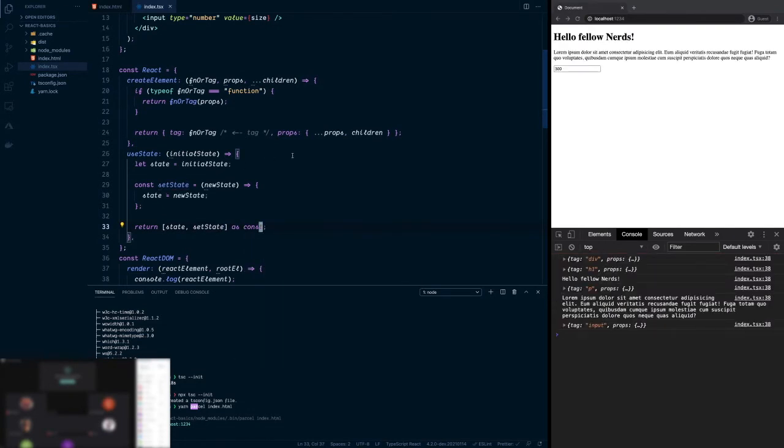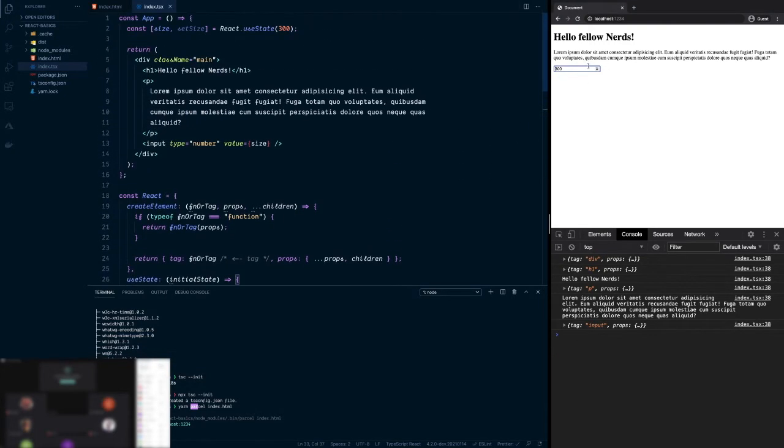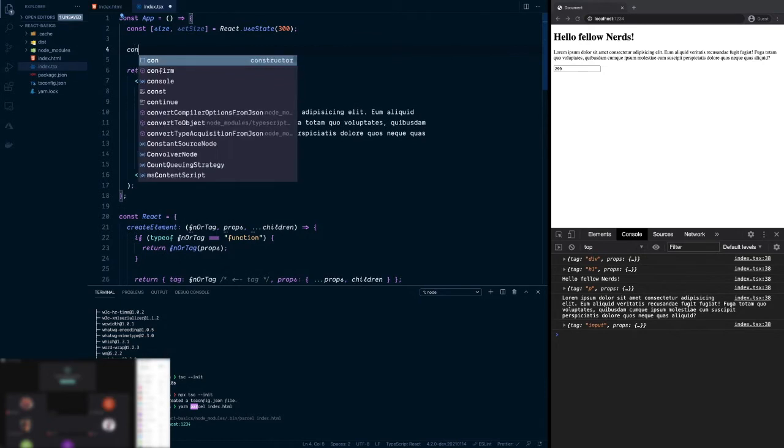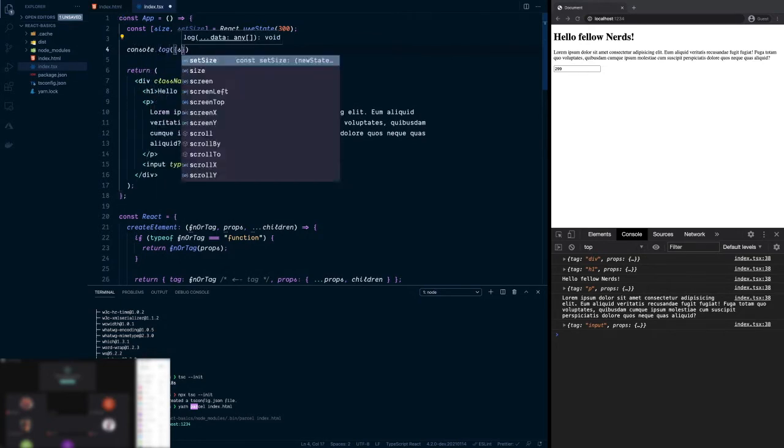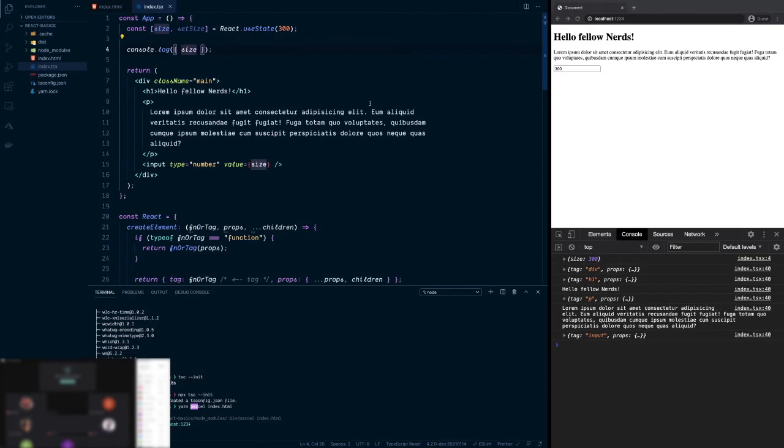Right. So now it looks like something is working at least. This is now 300. If you want to change the value, it actually works, but our size is currently not updated, right? So if I log this here, oh, actually, the app doesn't get re-rendered, and we don't set the size at the moment. This is just the value in the DOM. This is different. So we need to add an onChange event handler,